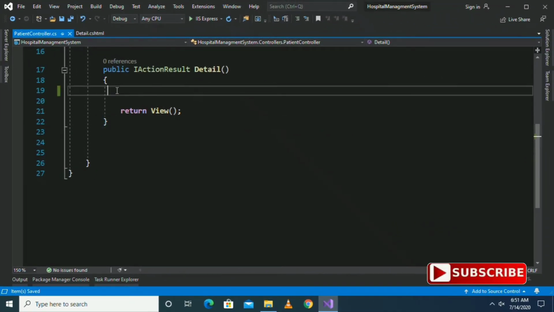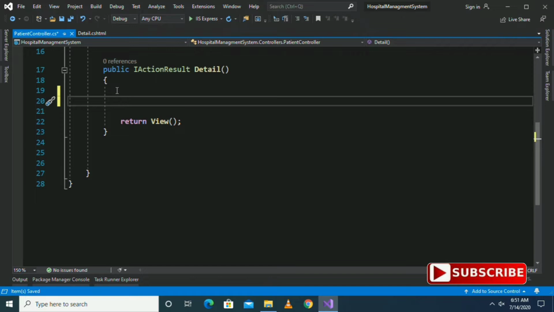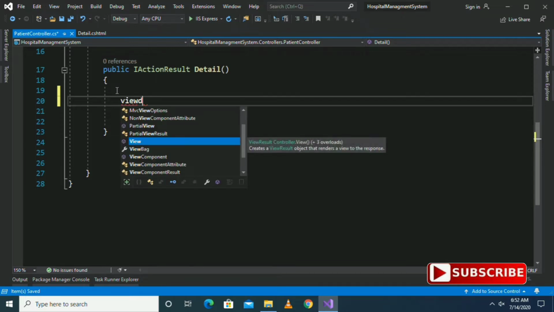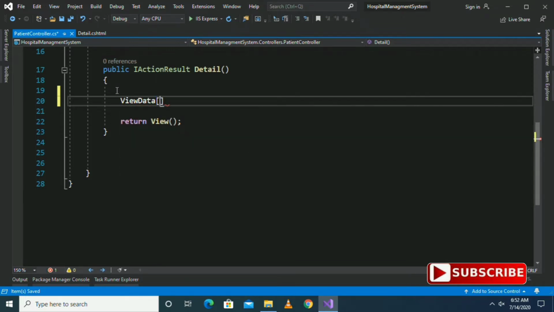Since ViewData is present as key-value pairs, to use ViewData, first of all write ViewData and then within square brackets we need to give the key. In this case I am taking Detail as a key and the value of this key is patient detail.